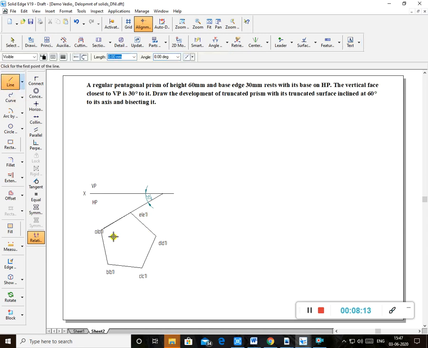Next, I'll project. First of all, I'll arrange these letters. Now I have not darkened this one. I have to choose which line. This line I have to choose. Darken all these lines. So I'll darken this one. Now I'll project it. This is the projector of A1. And then I project BB1.